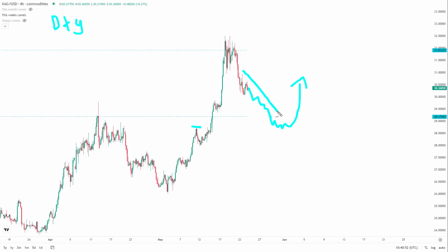Alternatively, if we break out intra-week in silver, you can look for that bull flag setup into the 31.91, and probably if we breach that, we'll probably take out the prior high. That would be a good intra-week profit taking opportunity above this level into the prior highs for any intra-week long